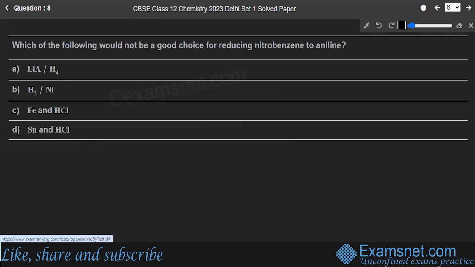And among all of them, you have the first one, that is LiAlH4. This is not a good choice for reducing nitrobenzene to aniline. When nitrobenzene reacts with Li,